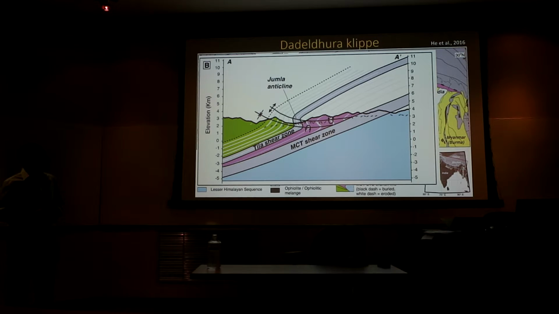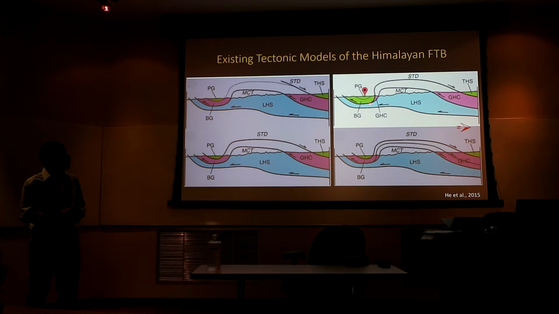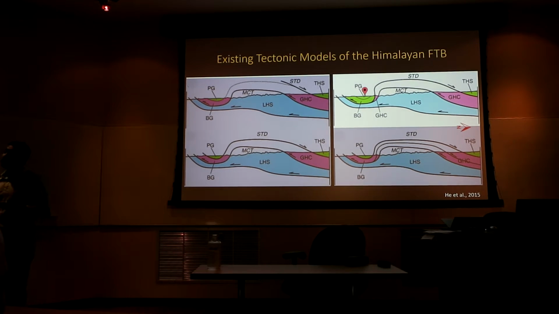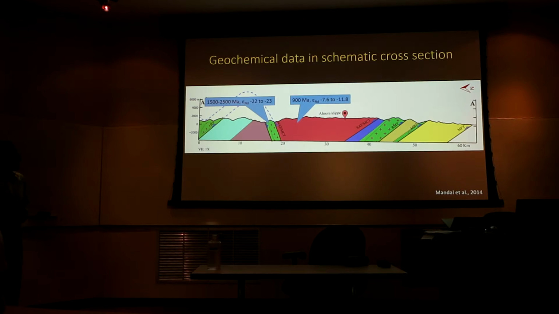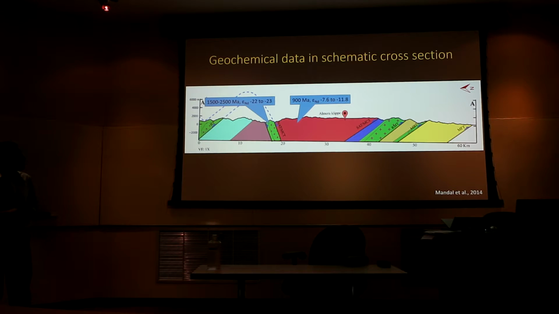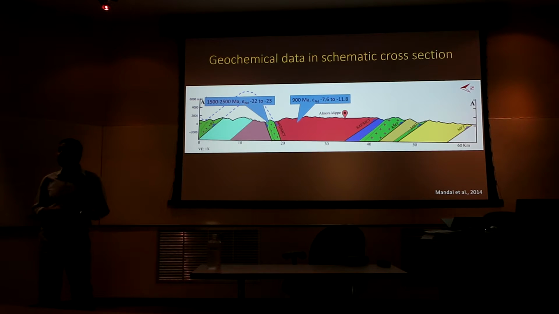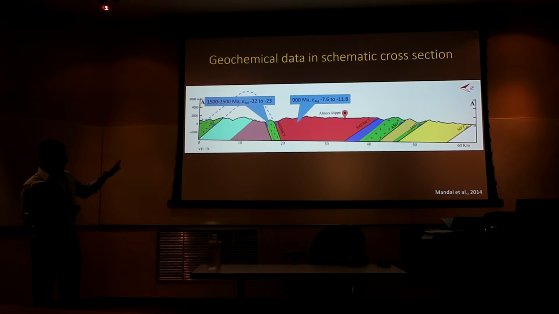So, citing their observations, they said that this is the right model because the two shear zones are marching right below the Klippe, since they found two closely spaced shear zones. However, Shubho Mondal, who worked with Dee and graduated in 2014, worked in the Almora portion of the Klippe, and he did geochemical studies. So I don't really want to get into the details of how you interpret these numbers, but this is the detrital zircon age, and this is the epsilon neodymium value,